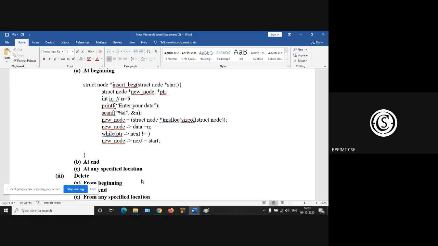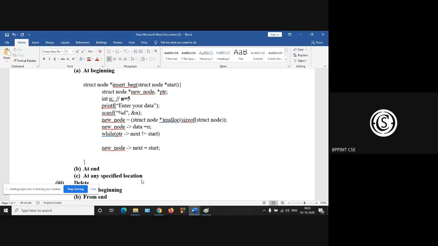Start. Yes. So while PTR next is not equal to start, you have to proceed. So PTR is equal to PTR arrow next, right? Yes, sir. So after completion of this while loop, you are at the last node.